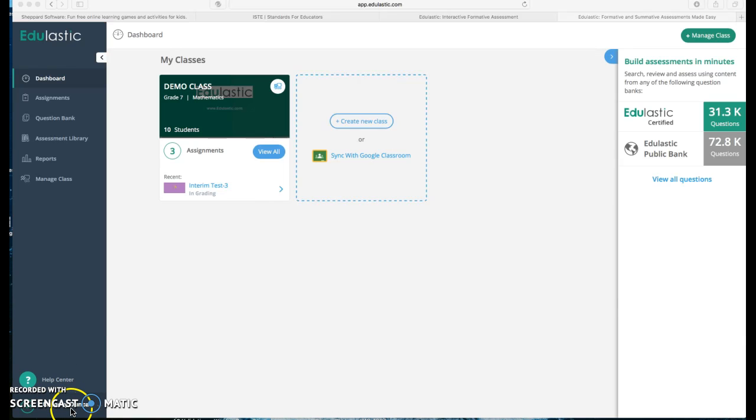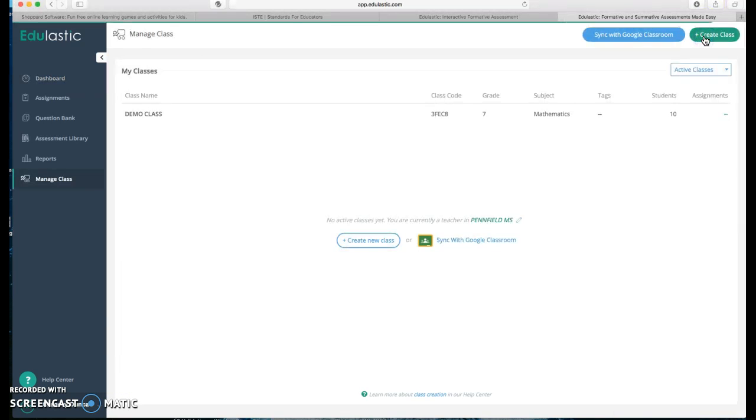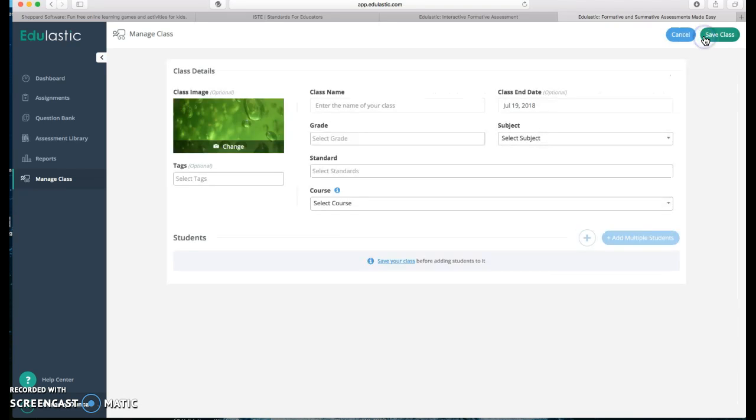I'm actually logged in down here as my husband because I'm in my role not making a lot of assessments. And honestly, we're going to look at a test that his co-teacher had made. So here's the dashboard. You can manage classes with the Manage Class button up here, create a class where you